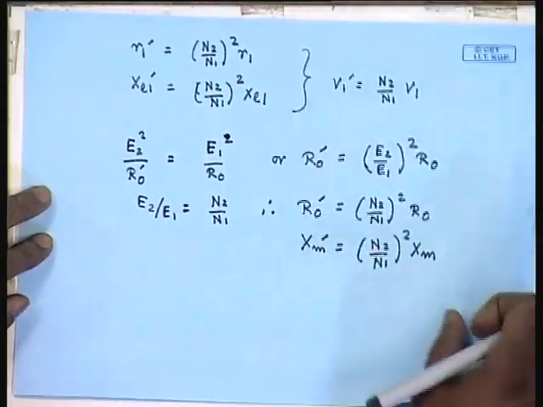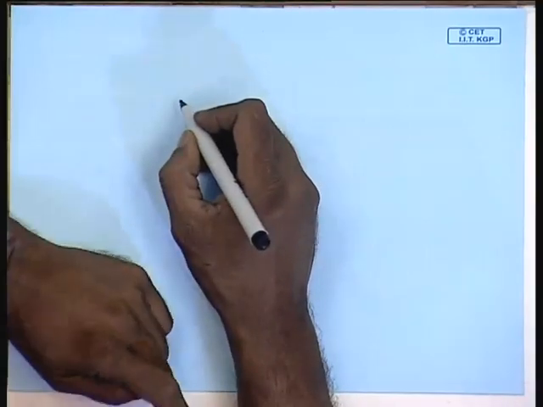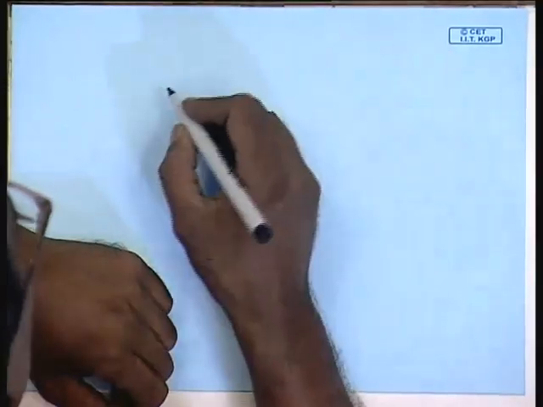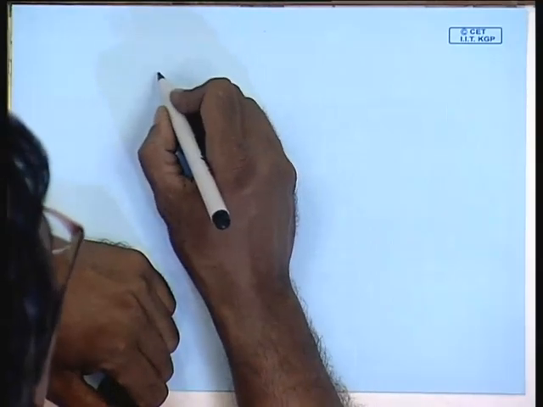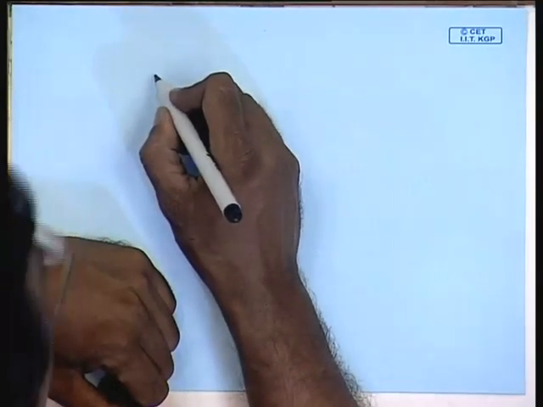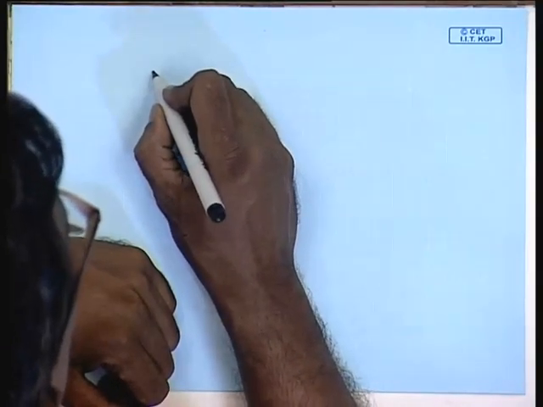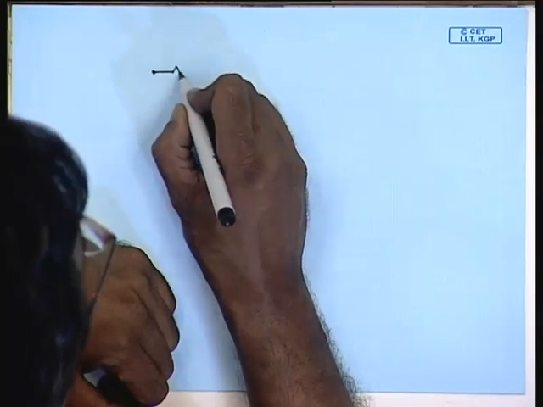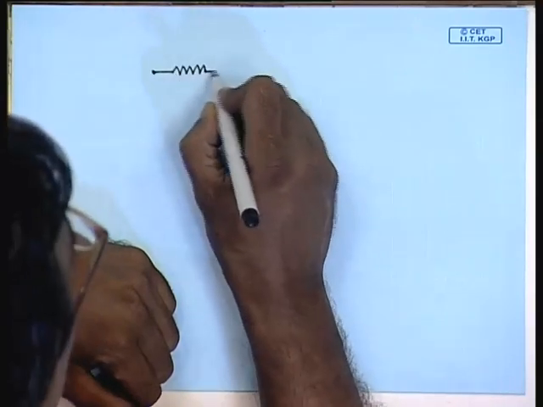Therefore, the equivalent circuit of the single phase transformer referred to the secondary or the load side will be similar to the previous circuit, except the parameter values will now be different. It is given by a similar circuit